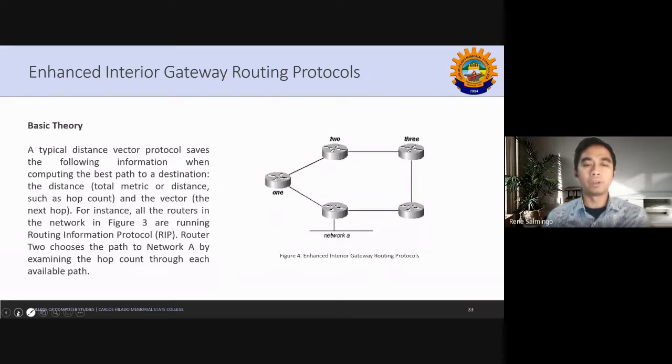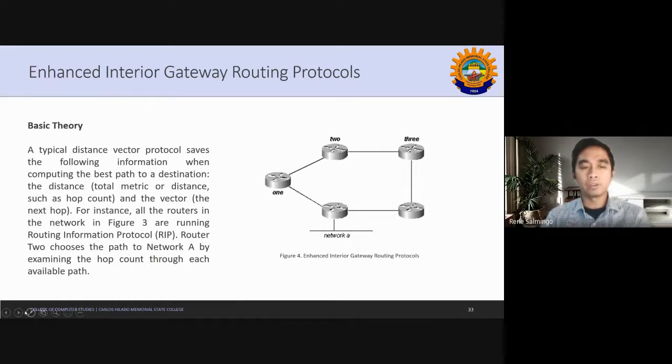For example, we have all the routers in the network in figure 4, which I haven't changed, running the Routing Information Protocol. So router 2 chooses the path to network A by examining the hop count through each active